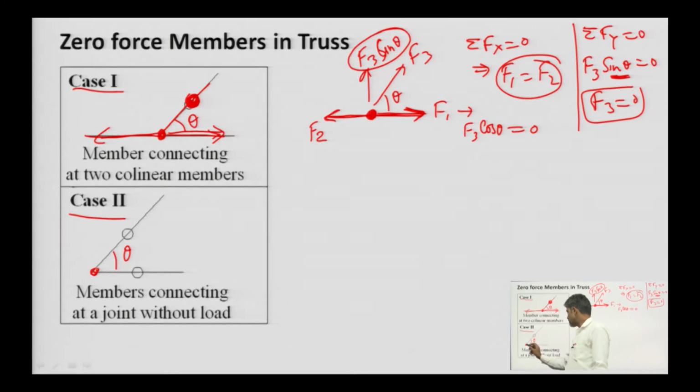So, and at this joint, if there is no external load, then both members will not carry any